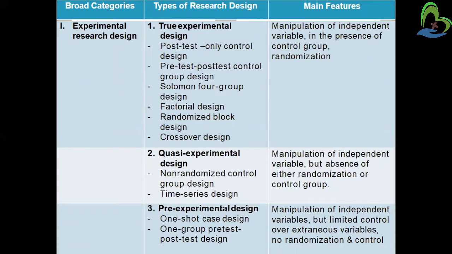What is experimental research design? Let's understand that. It means we are going for some kind of experiment, or we are intervening on the subject which we are taking in our study. It is concerned with the examination of the effect of independent variables on dependent variables. So let us understand an example.